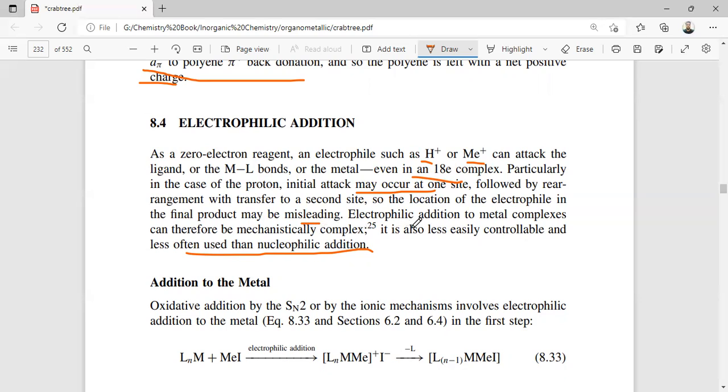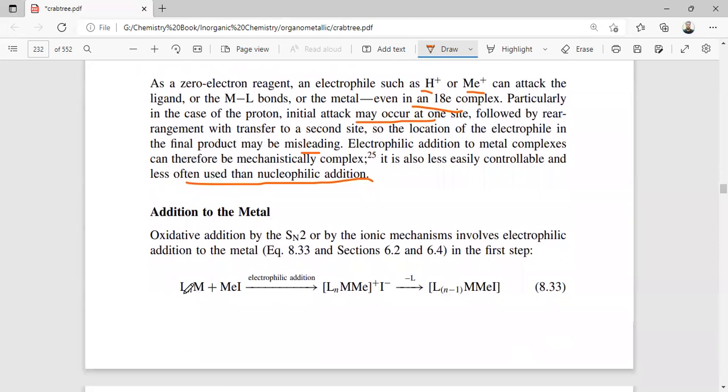So electrophilic addition to the metal complex can be mechanistically complex. It is less easily controllable than the nucleophilic addition. So the first we will discuss is the addition of the electrophile to the metal. Oxidative addition by the SN2 or by the ionic mechanism involves the electrophilic addition to the metal in the